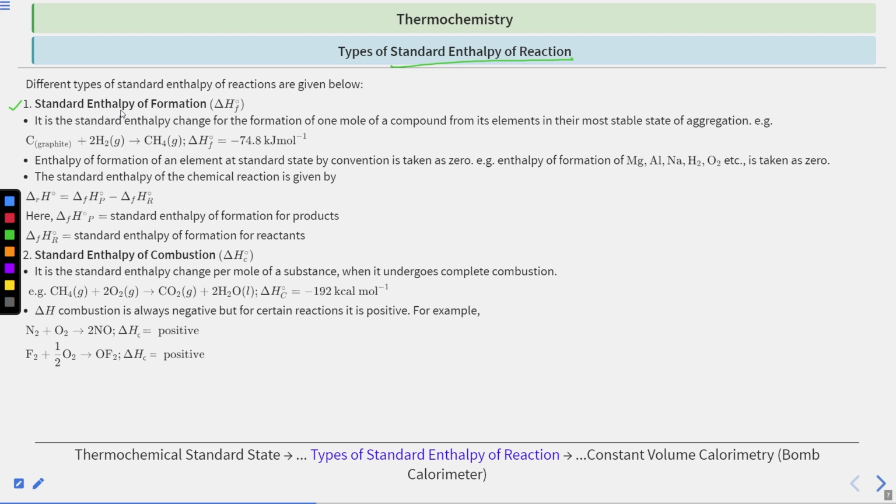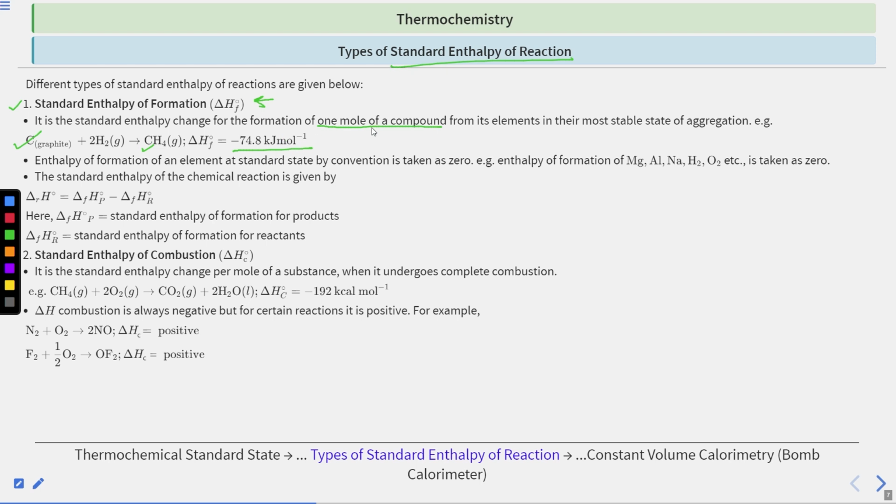First is standard enthalpy of formation, denoted by delta H naught F, and it is the standard enthalpy change for the formation of 1 mole of a compound from its elements in their most stable state of aggregation. For example, carbon in graphite form, an allotrope, plus 2 molecules of H2 will give you methane. The delta H naught F, that is the standard enthalpy of formation for this reaction, is minus 74.8 kilojoule